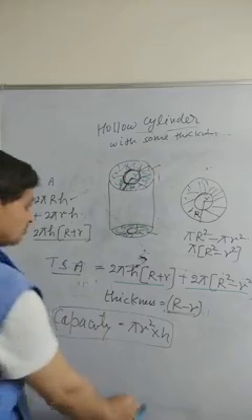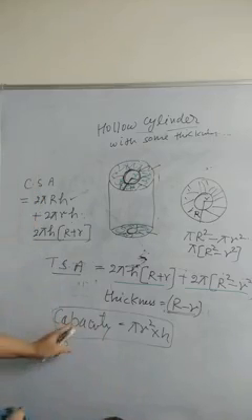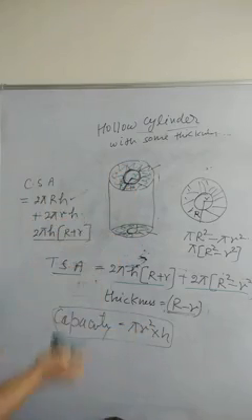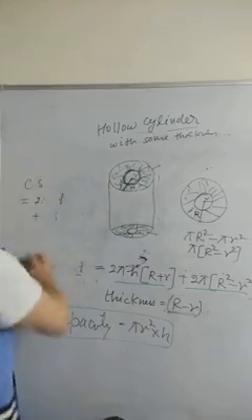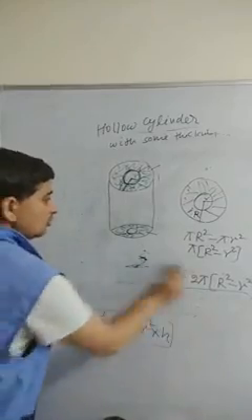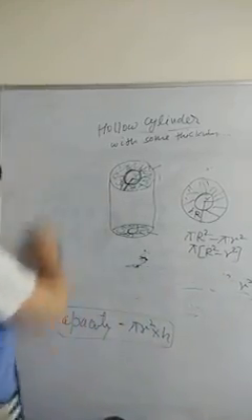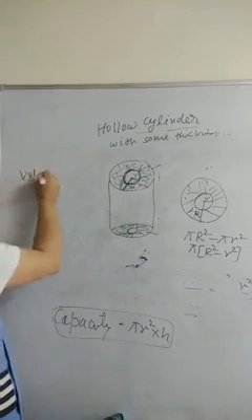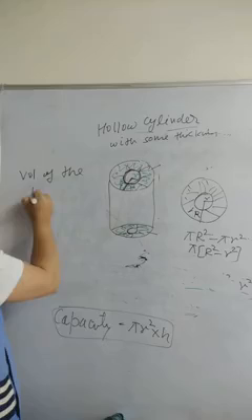Now if it is asked to find the volume of it. So the capacity is this much. Capacity means how much liquid can it hold. If it is asked what is the volume of the cylinder, right? Volume of the material, you can say. Volume of the material of which it is made up of, right? So that is the volume of the material.